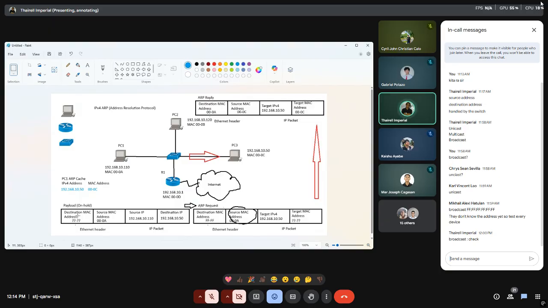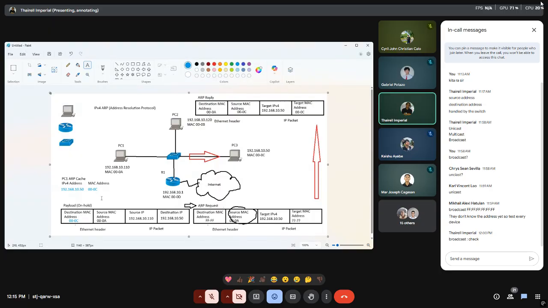So after receiving, the payload that was on hold earlier will now be filled in with the actual destination MAC address. So this here is that. And this now, we're just gonna make it blue because this came from the ARP reply. So that would be 00-0C.